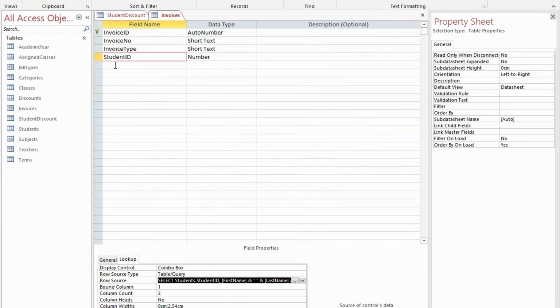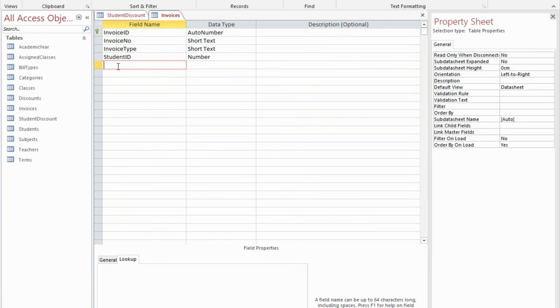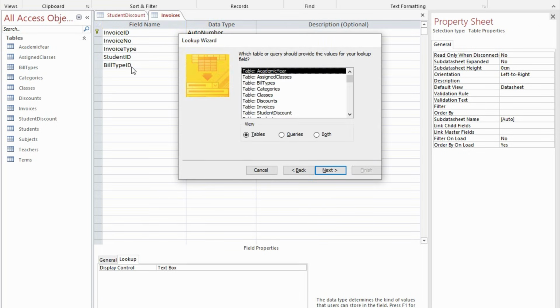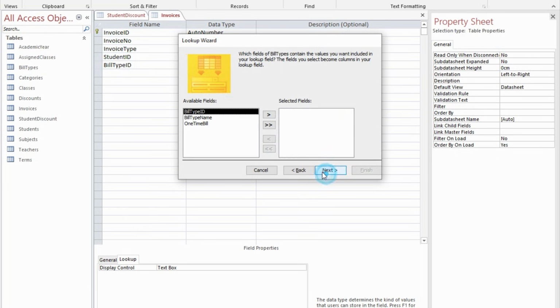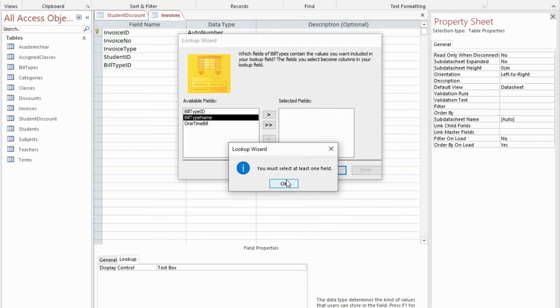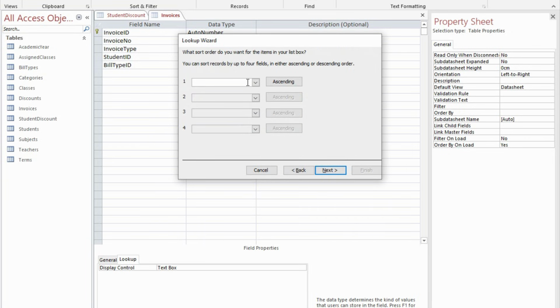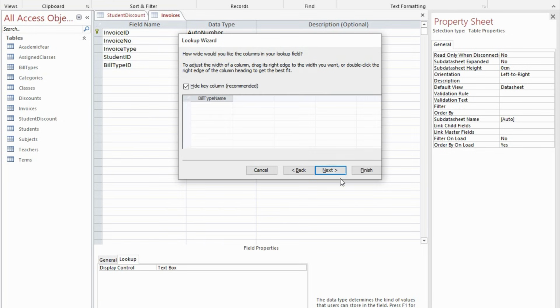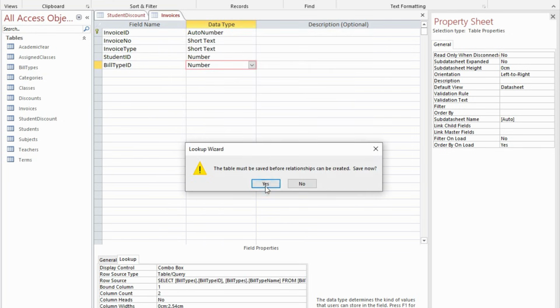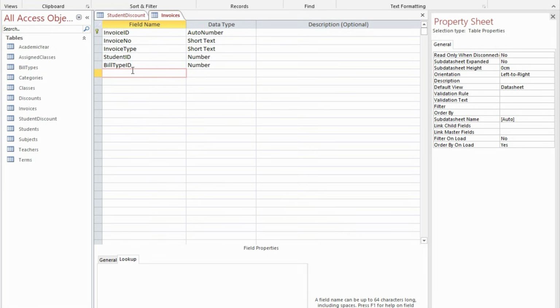Yes, then the next item is going to be the bill type ID. The bill type ID, get the bill type from the bill types table. Bill types, next, then the bill type name. You have to add the bill type name next. Then this one, in case you want to sort it, go to next, finish. Yes, then the next item, you have to